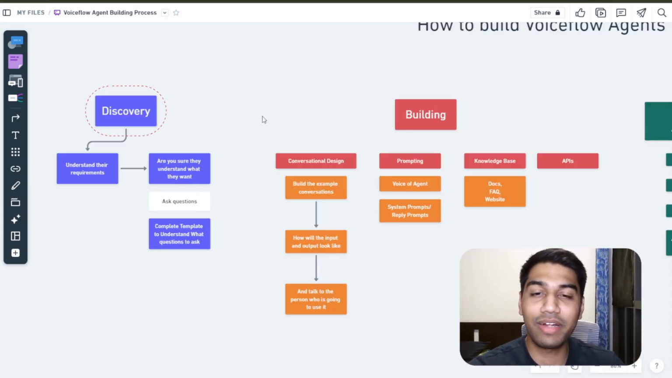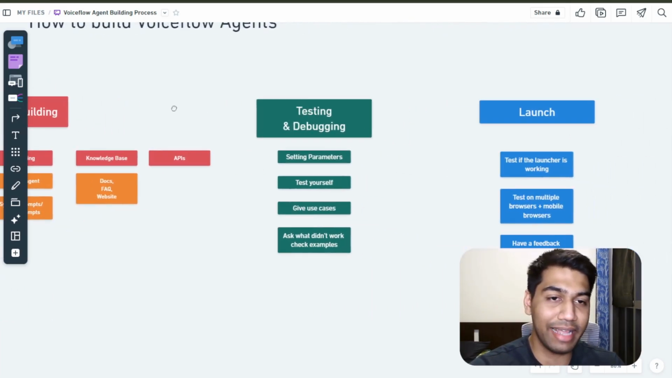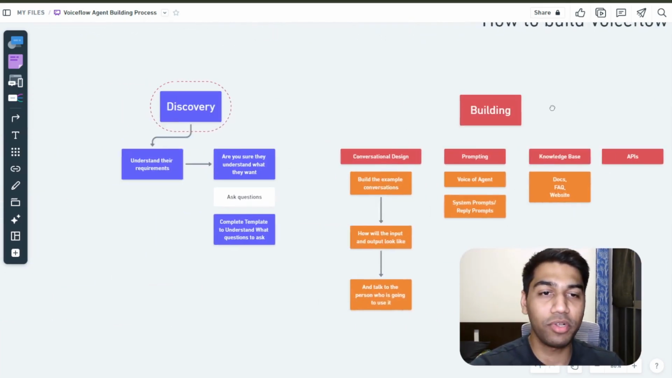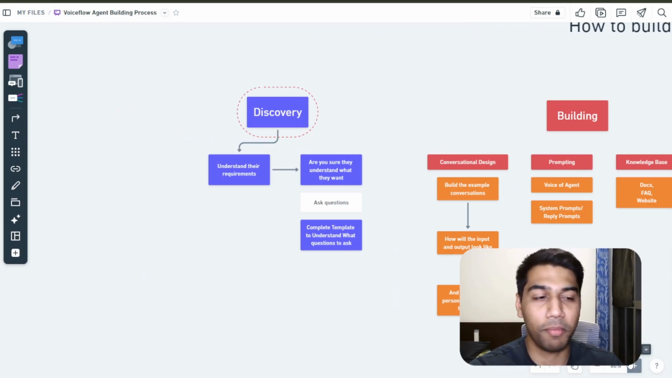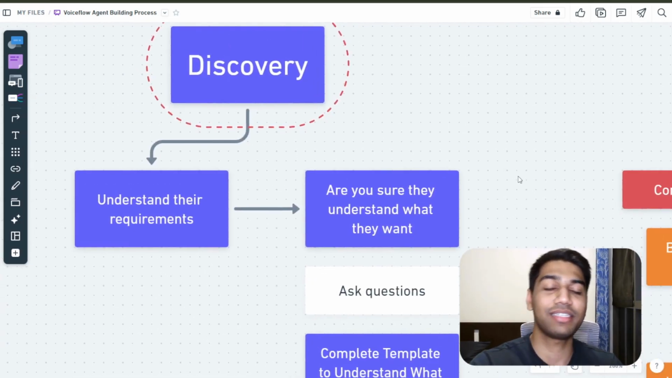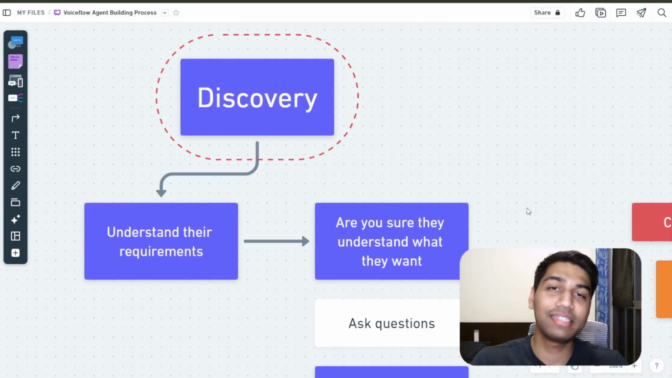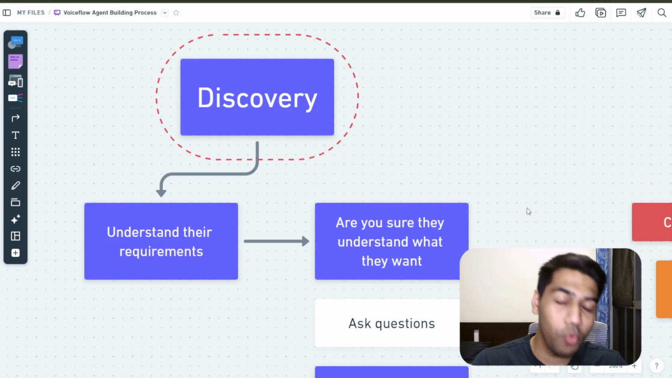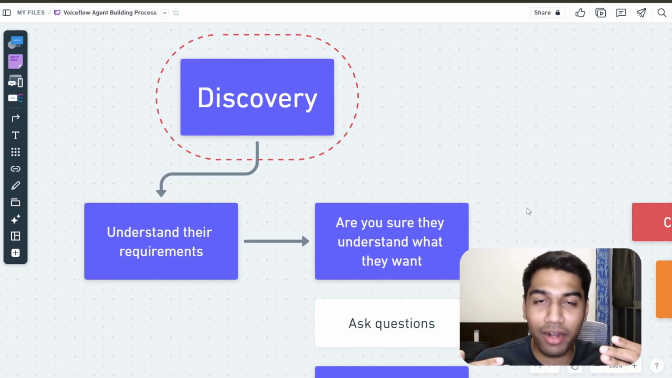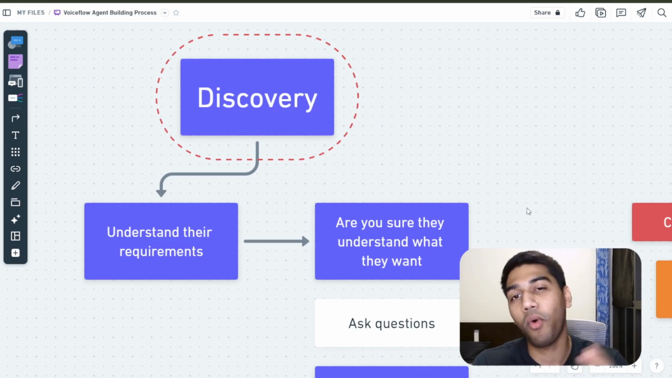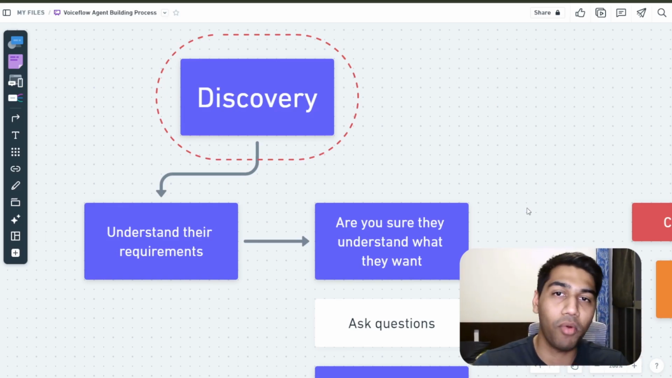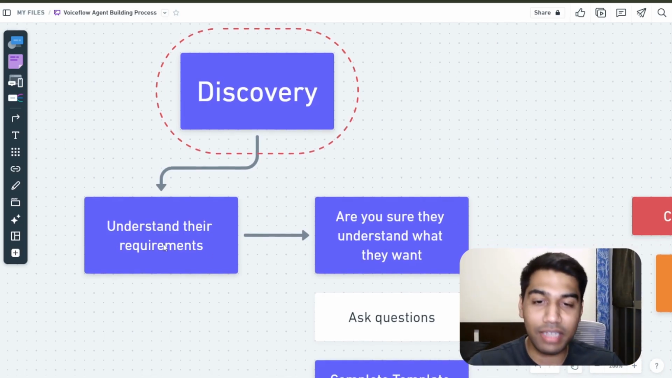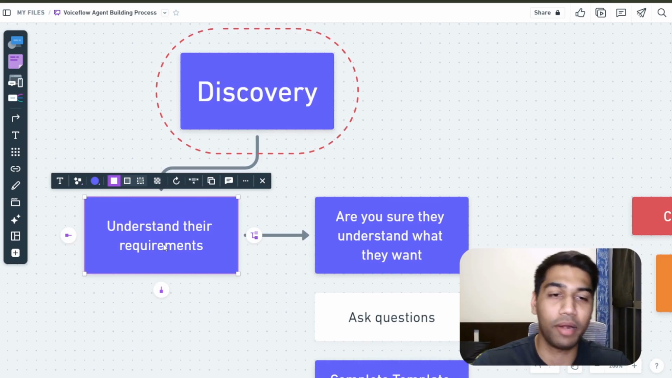The first thing is we have discovery, then we have the building phase, the testing phase, and the launch phase. Now I'm going to start at discovery because that's the most important part. And when I say discovery, it's really simple: understanding what the client wants. And when you have to understand their requirements, it's super clear that most of the time they are really not sure what they're trying to build, right? They want something, they might have an idea about it, but most of the time they really need to be guided through. So that's why I've written understand their requirements, and the only way to do that is by asking